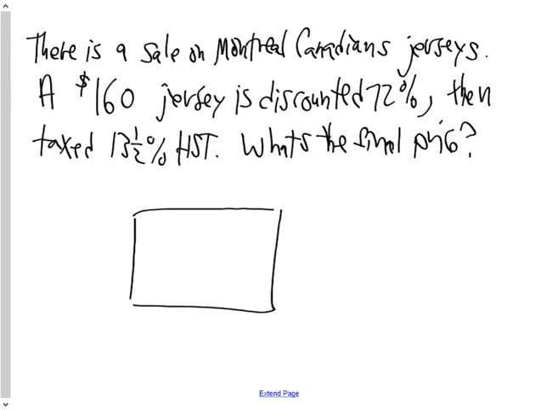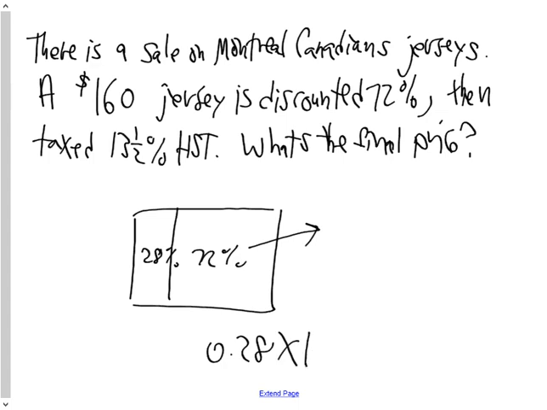If it's discounted 72%, what percent of the jersey am I going to pay for? I'm going to pay for 28%, right? Because 72 plus 28 equals 100. So once it's discounted, I am only going to pay for 28% of the $160 jersey. That's the discounted price, right? And if I put that in brackets, that discounted price is going to be taxed at